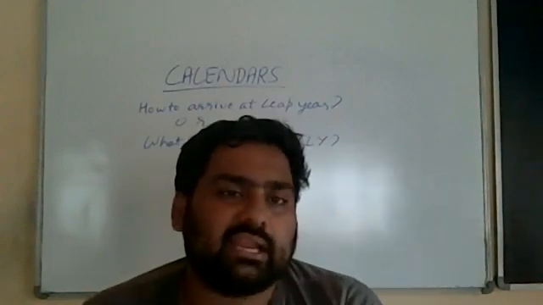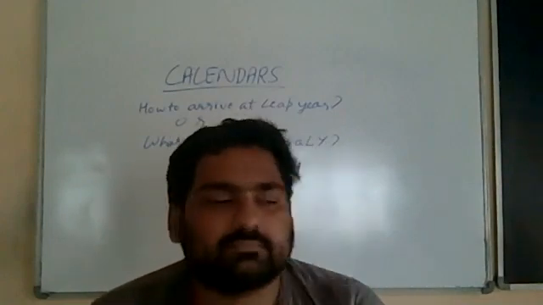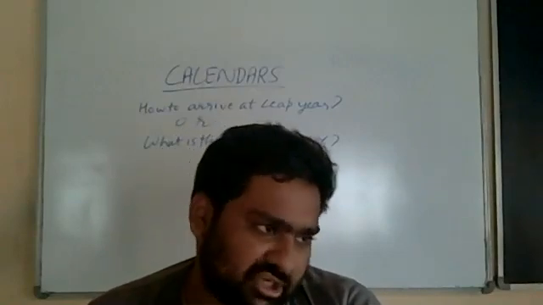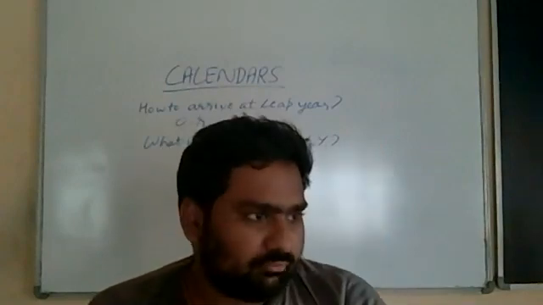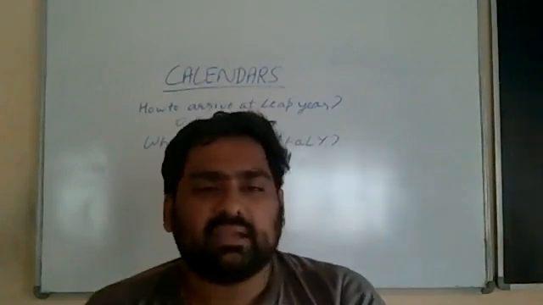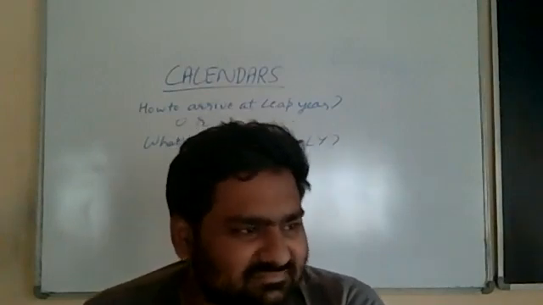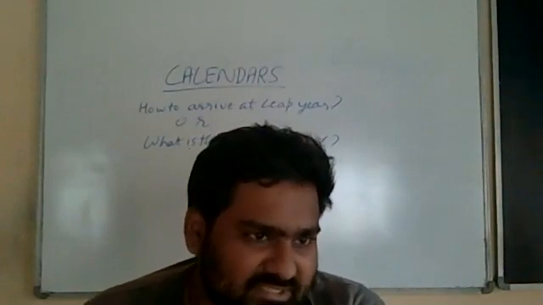But then they knew that they were committing an error of 0.24 something days. So they said once in every 4 years, we will take 1 day extra, and that will be given to February because he has given his part. So once in every 4 years, we'll give him. But is it exactly once in every 4 years? Is leap year once in every 4 years? Is it true?